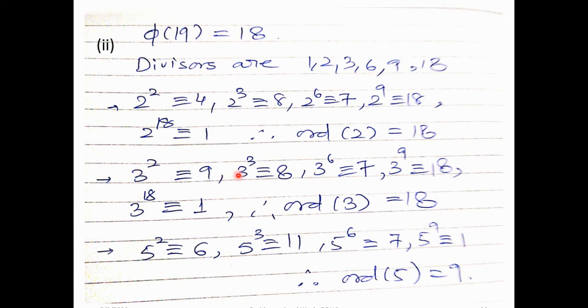Now 3 squared is 9, 3 cubed is 8, 3 to the power 6 is 7, 3 to the power 9 is 18, 3 to the power 18 gives 1. So the order of 3 is 18. Now 5 squared is 6, 5 cubed is 11, 5 to the power 6 is 7, 5 to the power 9 is congruent to 1. Therefore the order of 5 is